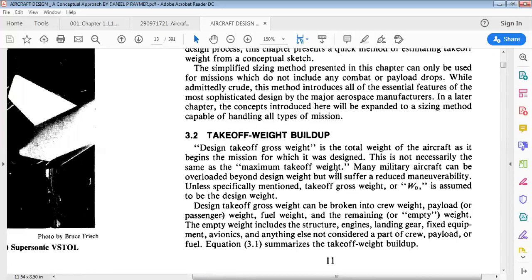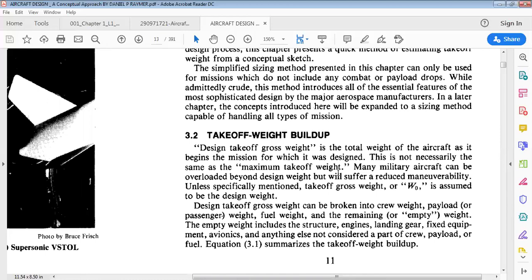Remember here, we can add weight, but maneuverability is nothing but flexibility of movement of the aircraft. Whatever we spoke about degrees of freedom, it will not be as maneuverable. We want rate of turn, radius of turn, instantaneous turn. These are all the performance parameters we discussed in the last class, right? Those will be affected here. Therefore, weight plays a very important role in the design of the aircraft.